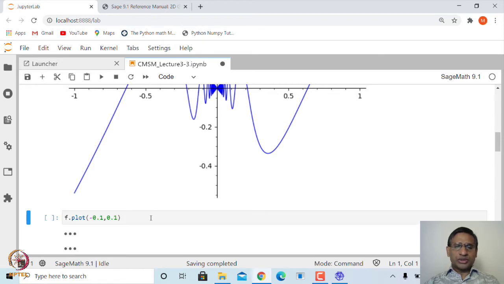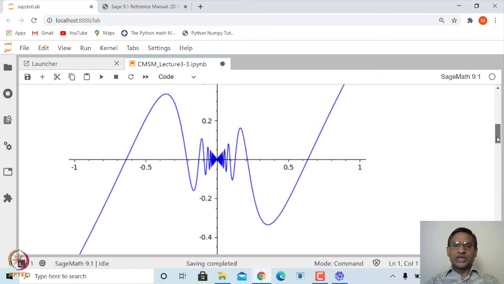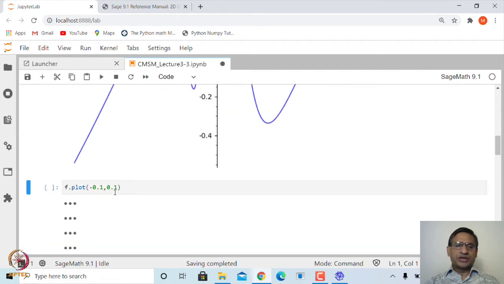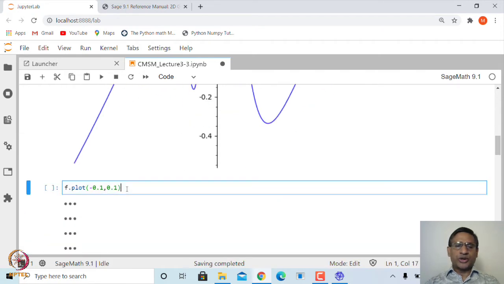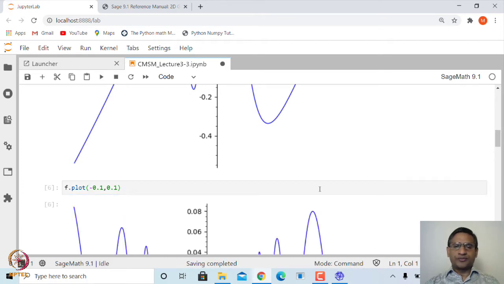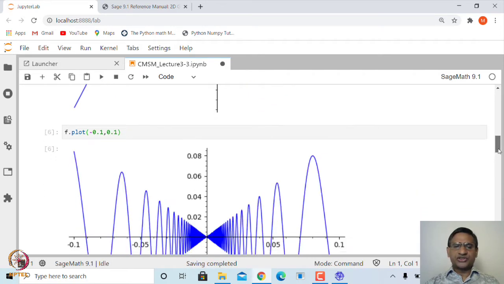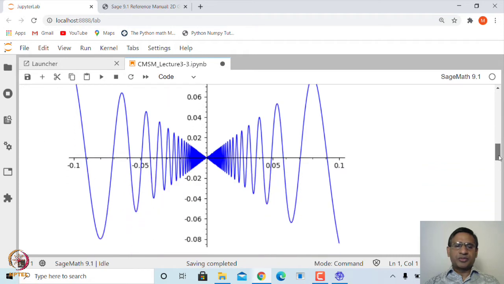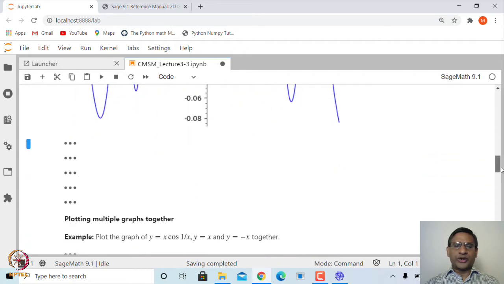You can also give the domain in which you want to plot. For example, if I want to plot the graph near 0, then we can mention the interval from -0.1 to 0.1, f dot plot(-0.1, 0.1). So, this is the graph of the same function in the domain -0.1 to 0.1.